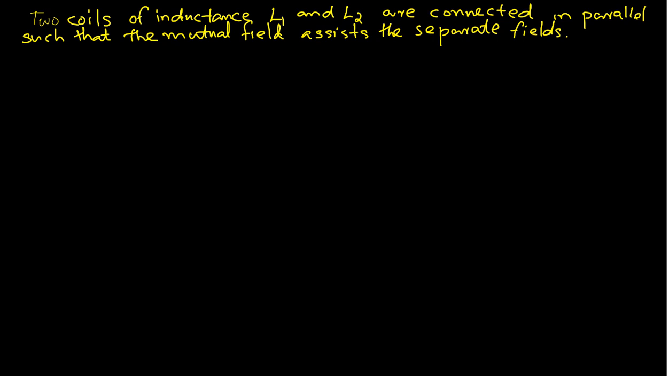Next, we are dealing with a problem. Two coils of inductance L1 and L2 are connected in parallel such that the mutual field assists the separate fields. Show that the effective inductance of the combination is equal to